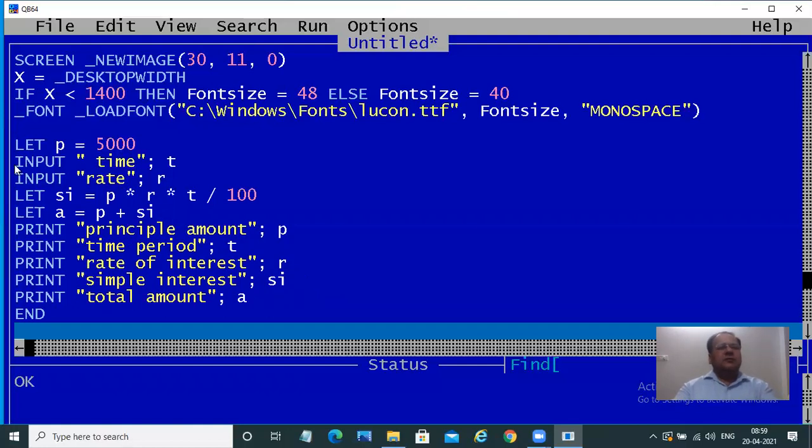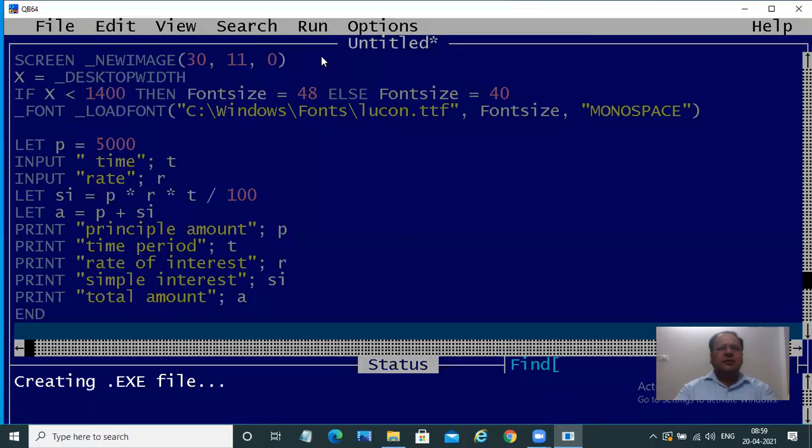Okay. So we have written a small little program where we have fixed the value of P as 5000. We have used it as a numeric constant. These are numeric variables. Now we'll run this program and see what the output is. So let us start.